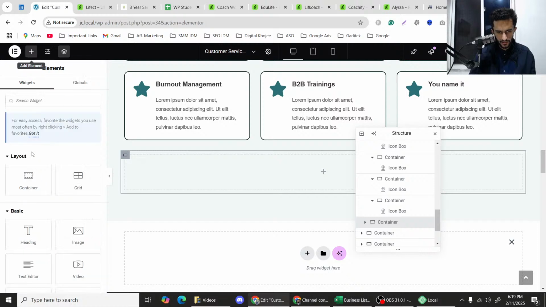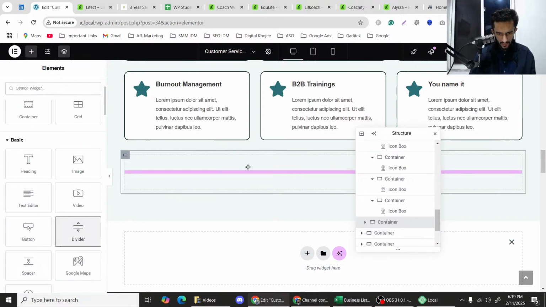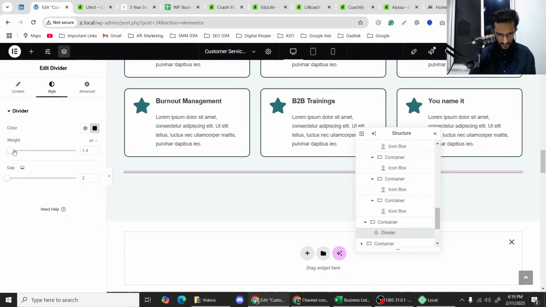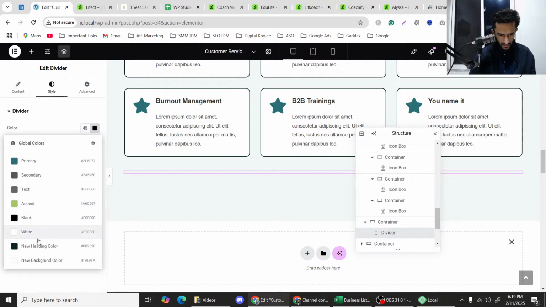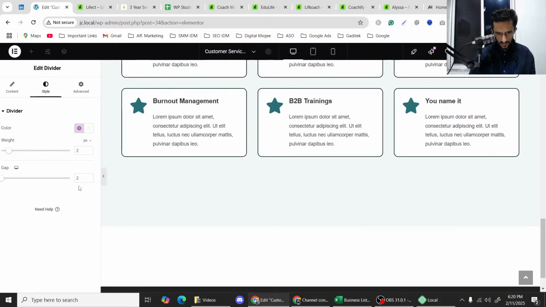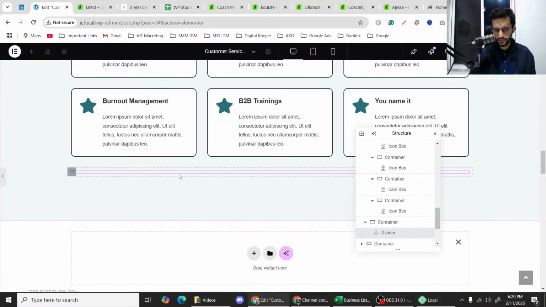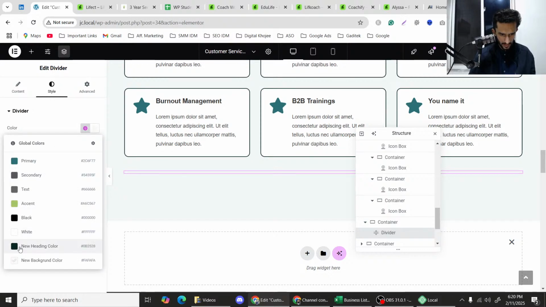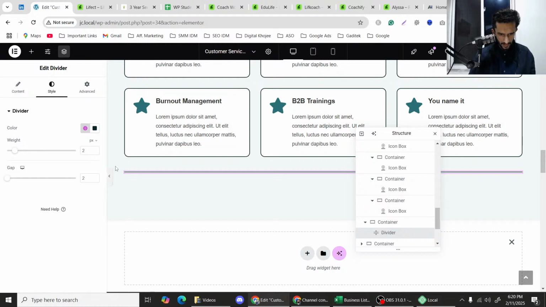Yup, now the other container is down here, और इसके अंदर एक डिवाइडर पुट ऑन करते हैं। और यहाँ पे स्टाइल में जाके गैप्स, इसका वेट जो है उसको मेक इट टू, मे बी 2, या इन द कलर टू बैकग्राउंड कलर ग्रे। वो बिल्कुल ही लाइट हो गया, नज़र ही नहीं आ रहा उसके नीचे। तो हम इसको क्या करते हैं कि उसका जो कलर है उसको ज़रा डार्क में थोड़ा सा ले आते हैं। मे बी न्यू हेडिंग कलर डार्क। जिसने भी वो बनाया उसने अपने तरीके से बनाया, हम अपने तरीके से बनाते हैं, हमें क्या ज़रूरत पड़ी है हम कॉपी करें किसी को।